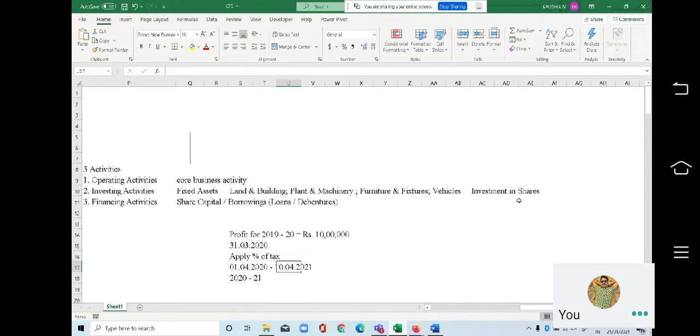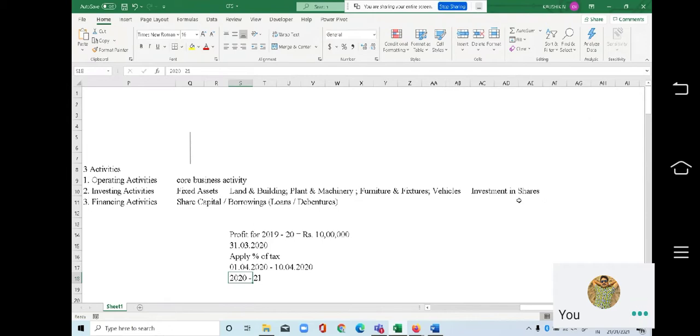10/4. Sorry, I understood what your question was. 10/4/2020. Correct. Got it. So this obviously falls in the financial year 2020-2021. Whenever in a question they give payment of tax and mention a year, don't think it is the current year tax. It is a tax of the previous year which you have paid in the current year. Always that will be the only possibility. Now is it clear to everyone?